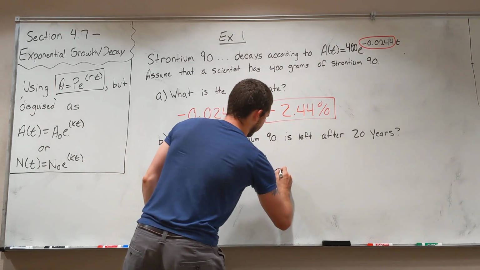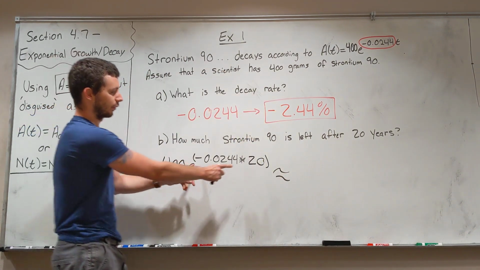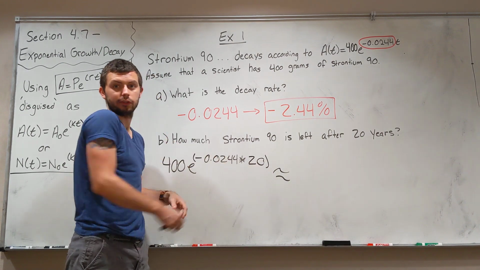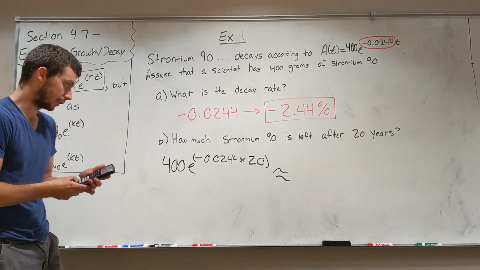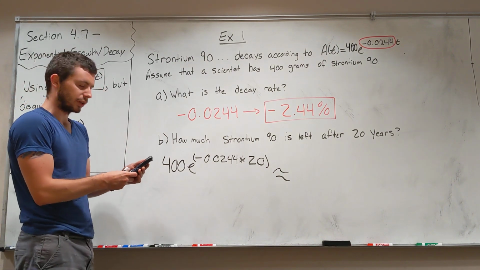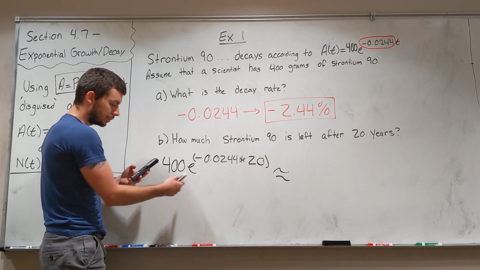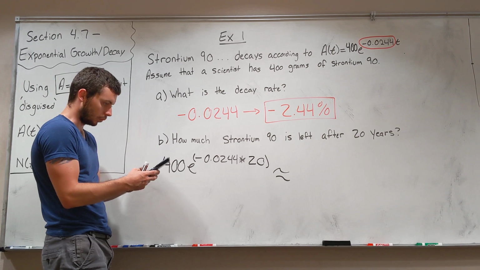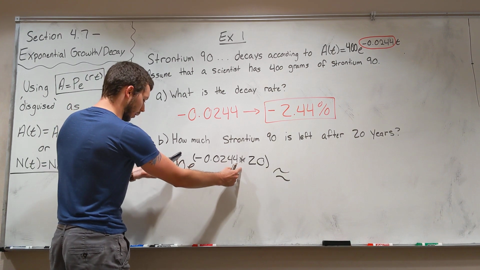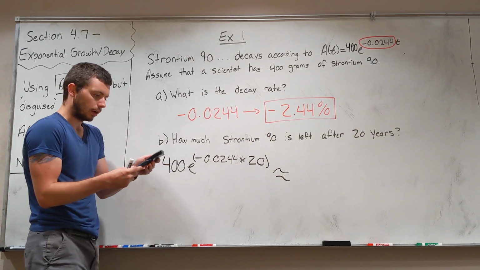And really, this is just a calculator problem. You notice I still keep the exponent in parentheses. I think that's just good practice to make sure you put it in your calculator correctly. But we did this in the last section. 400, you need to remember where the e is on your calculator. Negative 0.0244 times 20, and then you can close your parenthesis. And I get,